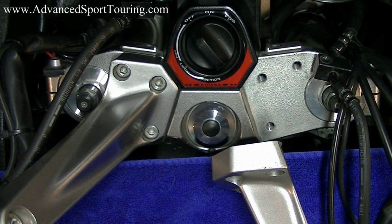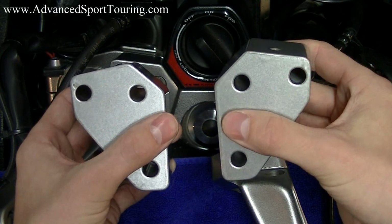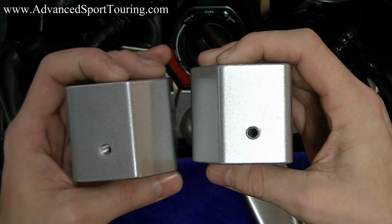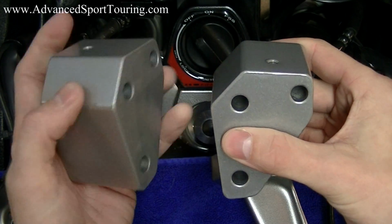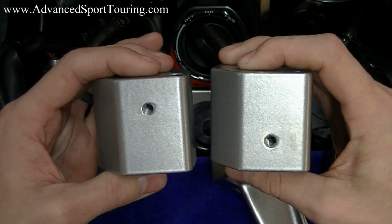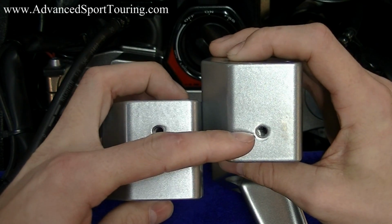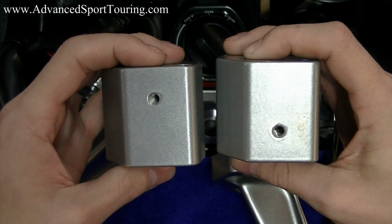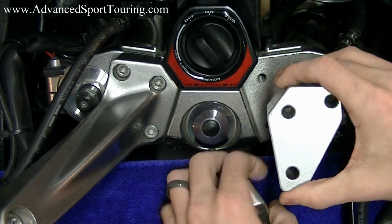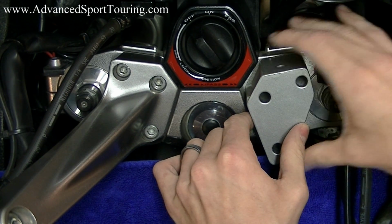Our next step in the process is going to be to grab your right hand riser, and you can tell the difference between these ones. If you were to take your left one and flip it over, it looks exactly the same, except for on our right side, your hole is going to be higher up on the riser. So take your right one, put it into position,